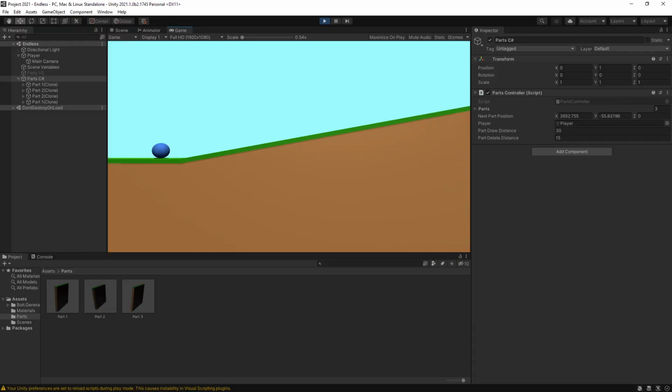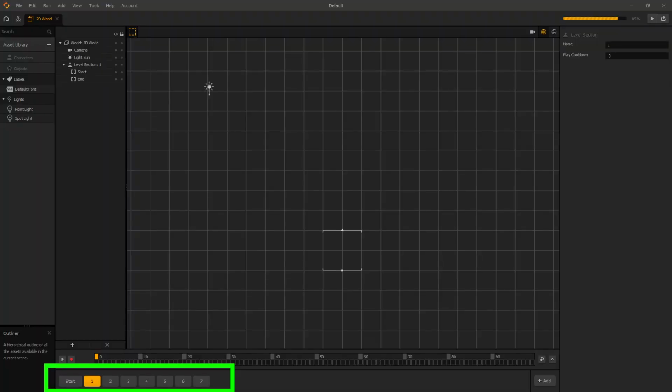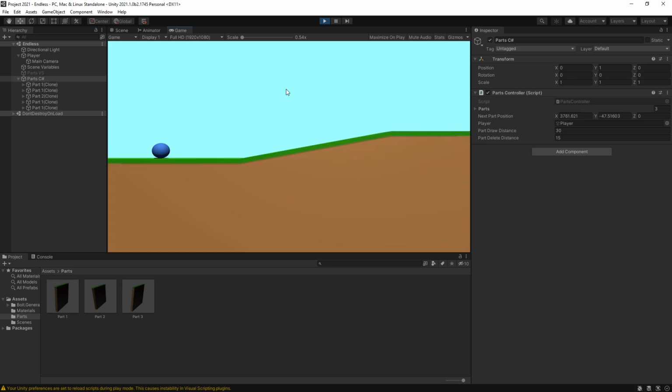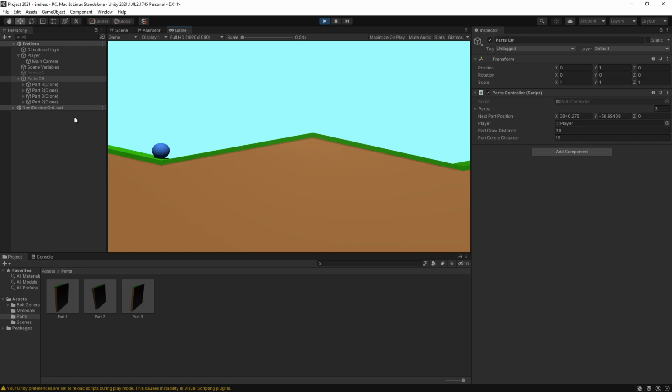But in this video I'm going to be looking at another approach, and it's by using parts. If you used Buildbox before, parts is just like a scene or a level in Buildbox. So what I mean by a part is basically a pre-made section of your game. And then in your game, you can use those sections to create your endless runner, which is how this demo